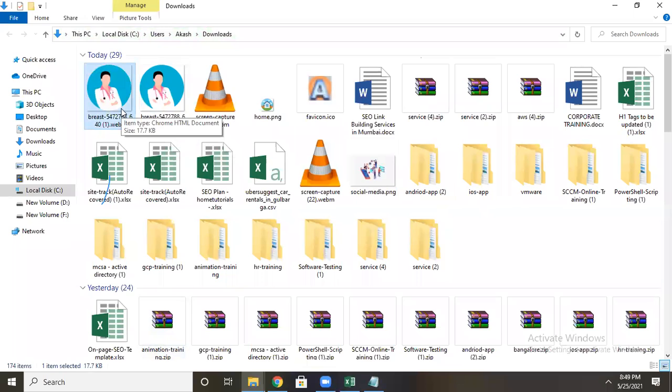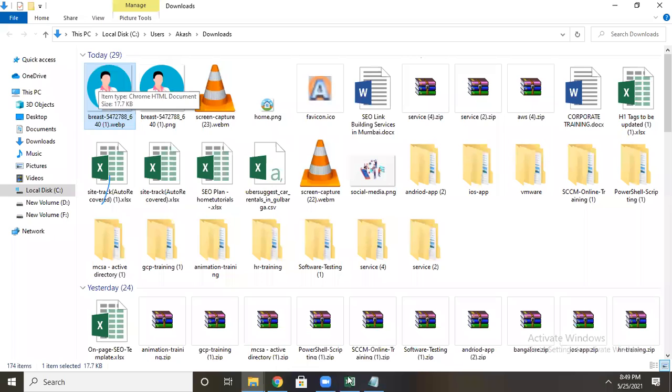Before optimization, how much was it? 72 something. After optimization, it came to 21.8. After converting to WebP, it is 17.7. It saves a lot of time, it reduces your loading time, and converting does not take much time either. Always recommend that if somebody is using images on a website, they convert them to WebP and add them, because that will save loading time.